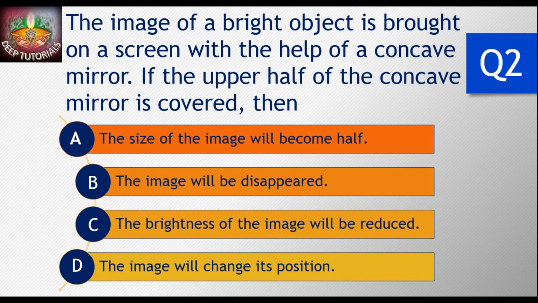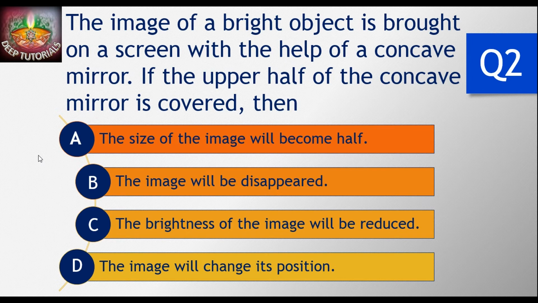Moving on to question number 2. It says that the image of a bright object is brought on a screen with the help of a concave mirror. If the upper half of the concave mirror is covered, then the size of the image will become half, the image will disappear, the brightness of the image will be reduced, or the image will change its position. Now as we know, when we draw a ray diagram, the minimum number of rays required is 2. But actually, when an object is placed in front of a concave mirror, n number of rays get incident on